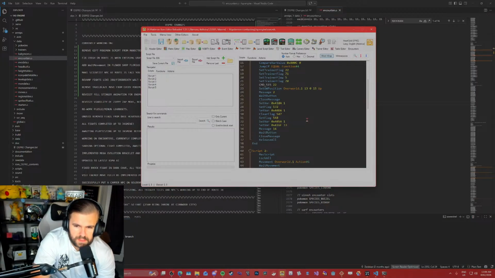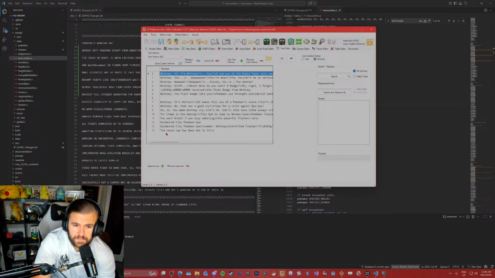Doesn't say anything about the 164 flag. That changes the level cap to 33, which is why.